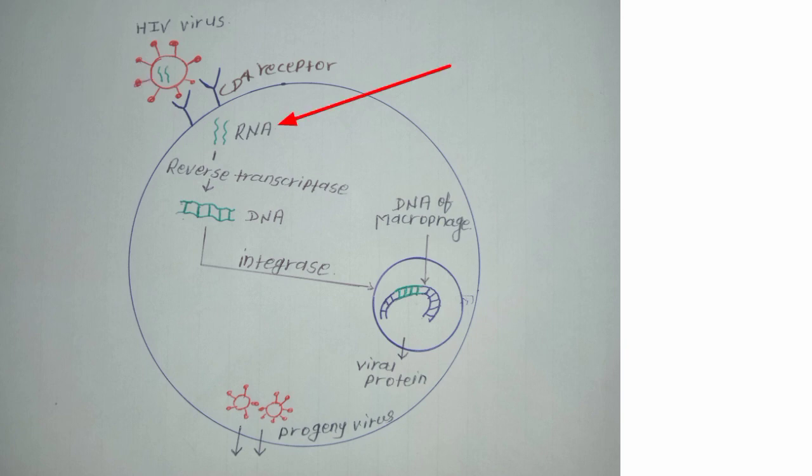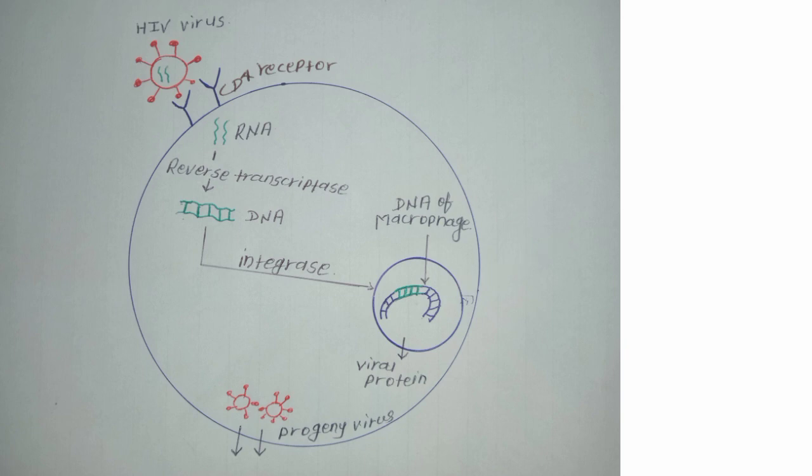It is the RNA of this virus that becomes converted into viral DNA by utilizing the reverse transcriptase enzyme which is present in this virus. Then this DNA makes its complementary strand, and now it becomes double-stranded DNA from single-stranded DNA. Now this double-stranded DNA integrates into the DNA of the macrophage with the help of the enzyme integrase, which is also already present in this virus. Now when this macrophage DNA is transcribed, the viral DNA will also be transcribed.